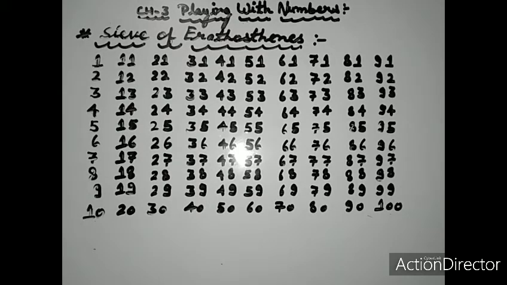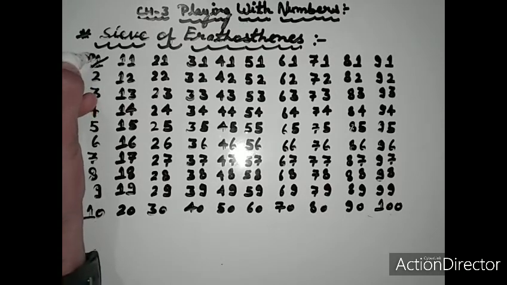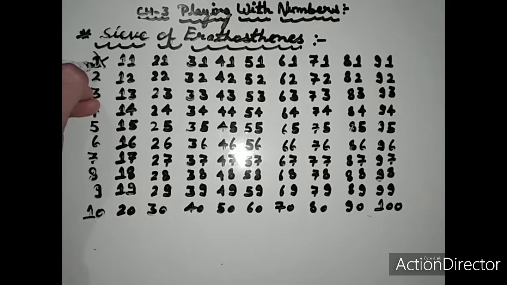Basically what we do here is cross out the composite numbers and circle the prime numbers. So first we cross out number 1. Now after that